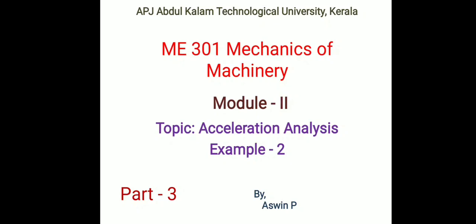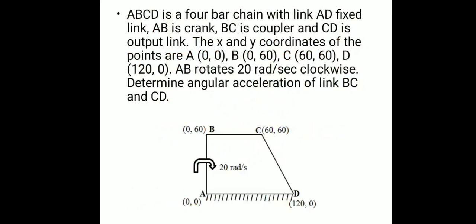Hi all, welcome to the class, and today's topic is acceleration analysis, and we are going to do an example of acceleration analysis. The question is: ABCD is a 4-bar chain with link AD fixed, AB is the crank, BC is the coupler, CD is the output link, with coordinates in x and y,